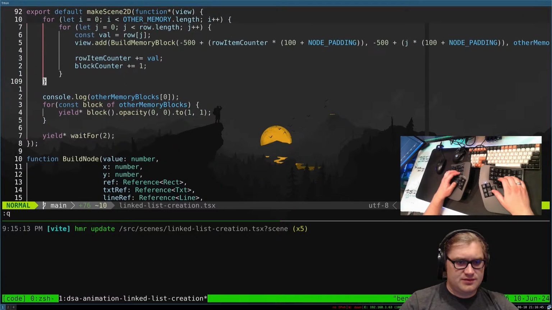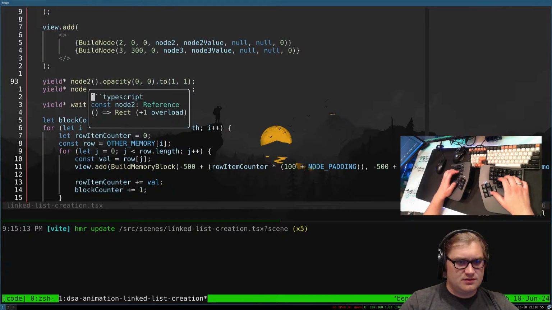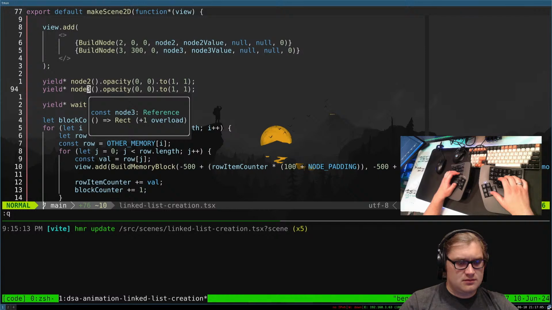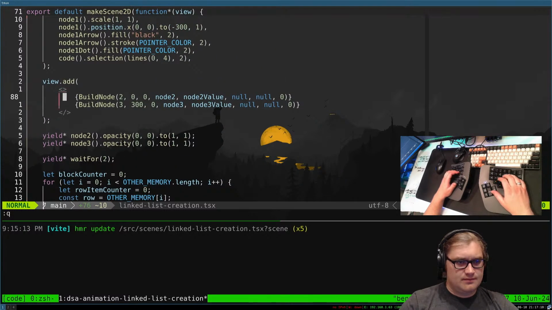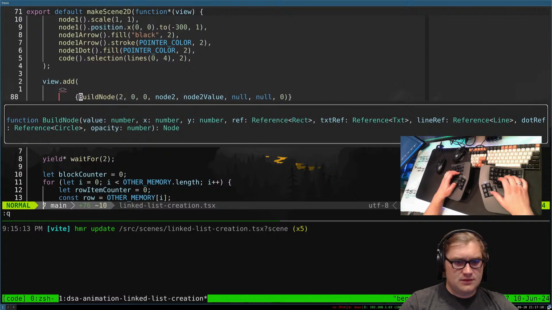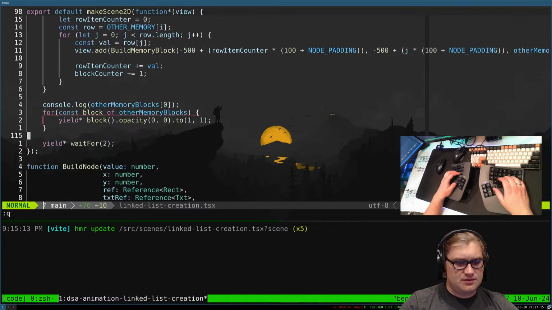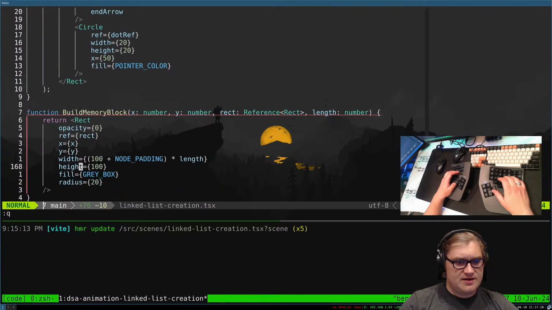Build node is that. So block. Do I just... build node that returns nodes. No, I should use the ref and